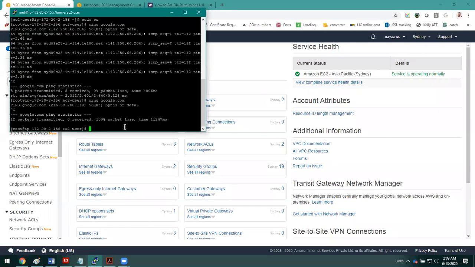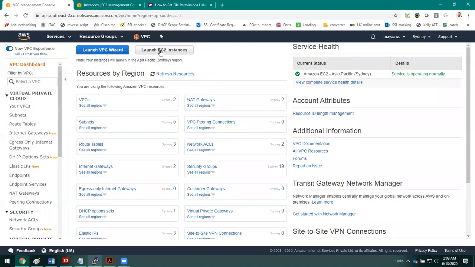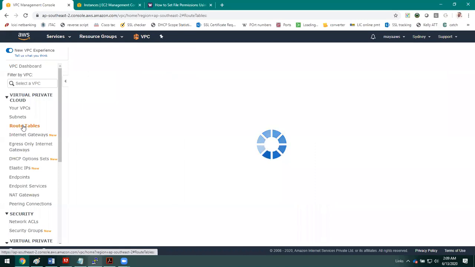So here I'm trying to reach the internet from the private instance machine. It is failing. So we need to check the routing part here. Let us go to the route table.